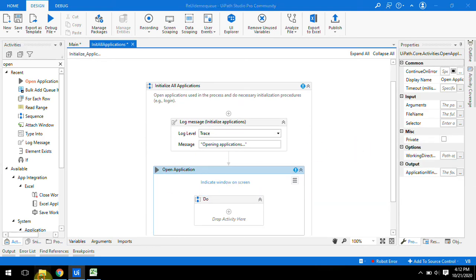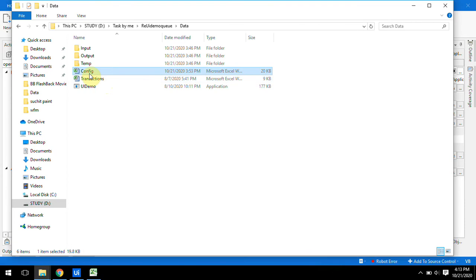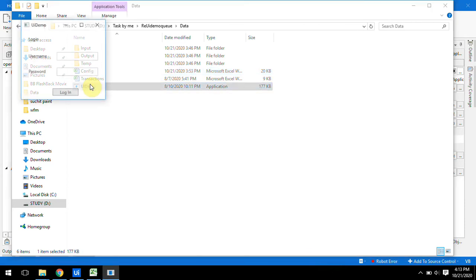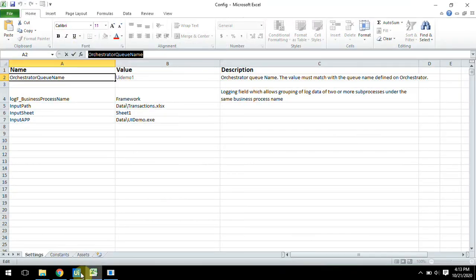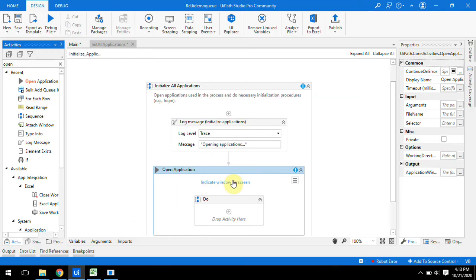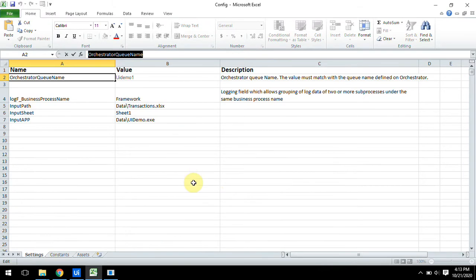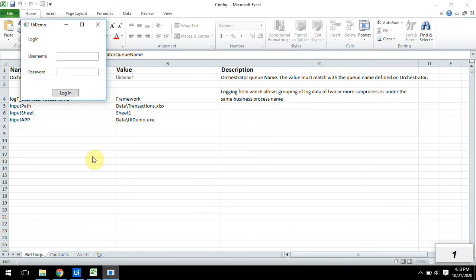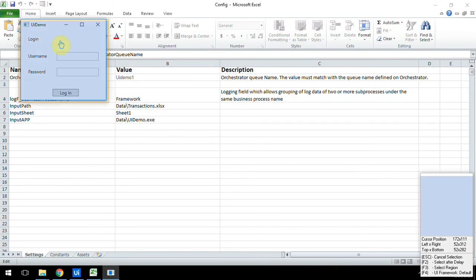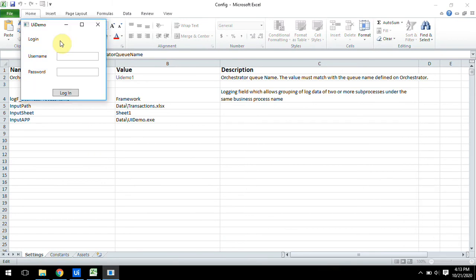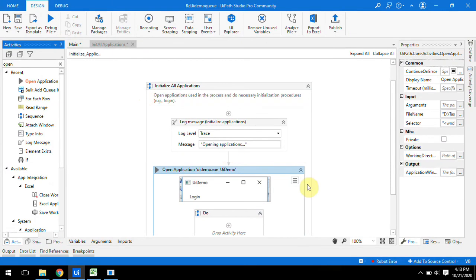Now firstly we have to click on this UI demo application. Just point out or indicate the window. Click on indicate the window, press Ctrl space to delay, and yes, after indicating the application we can get the file name.